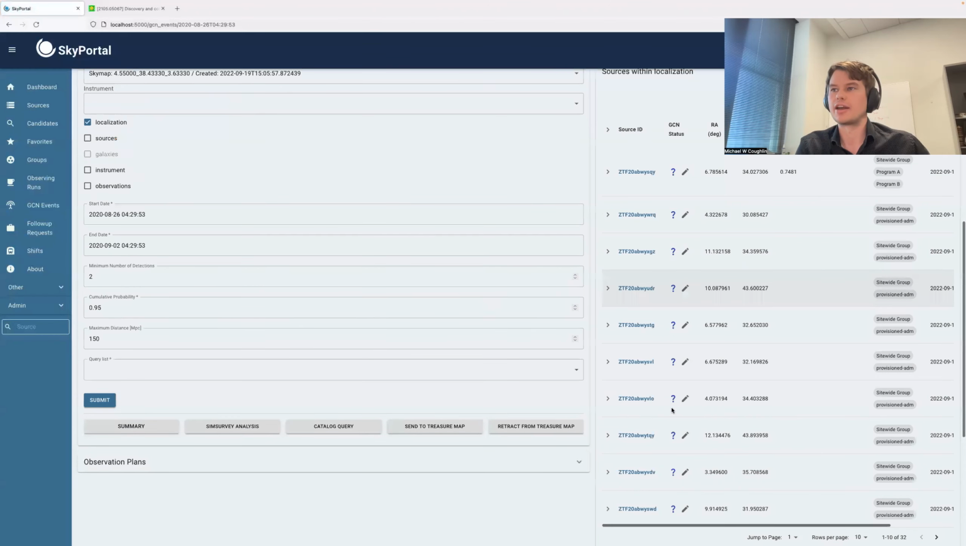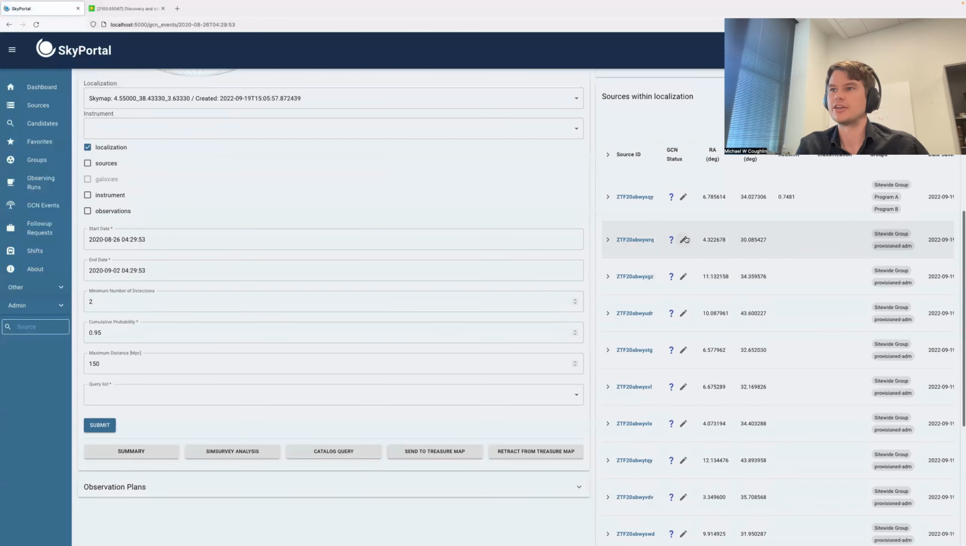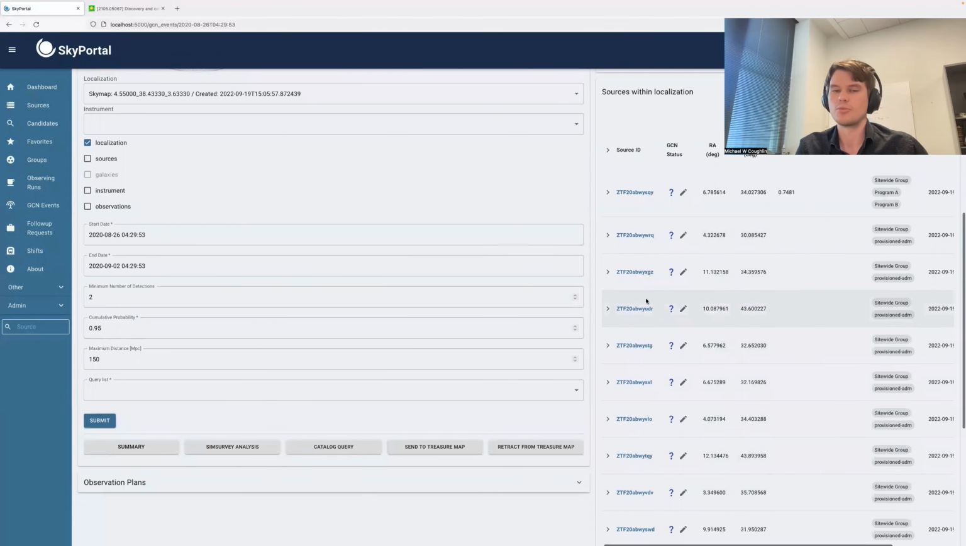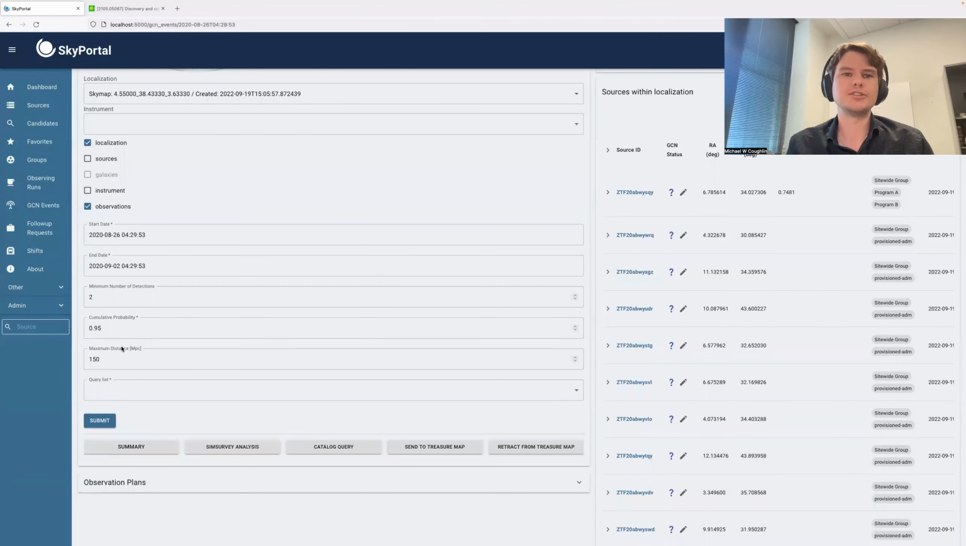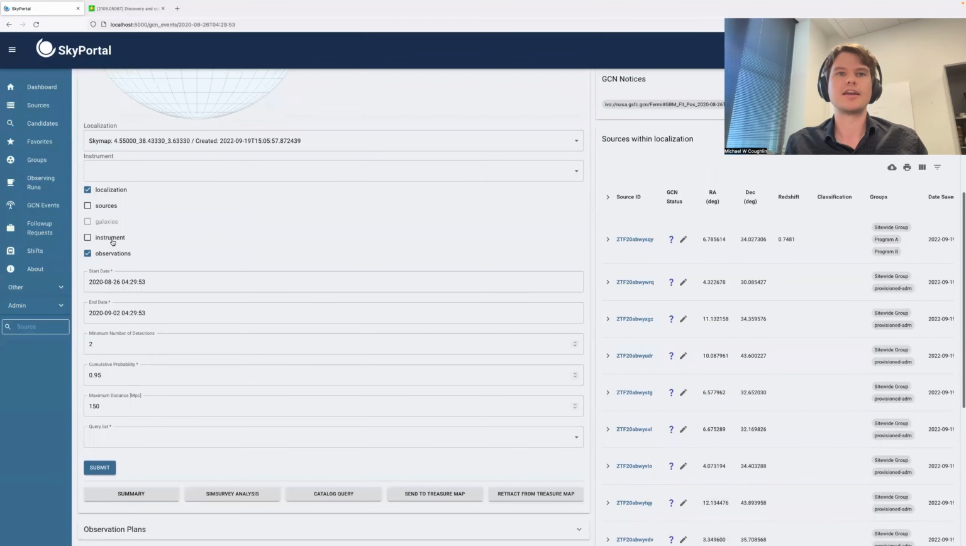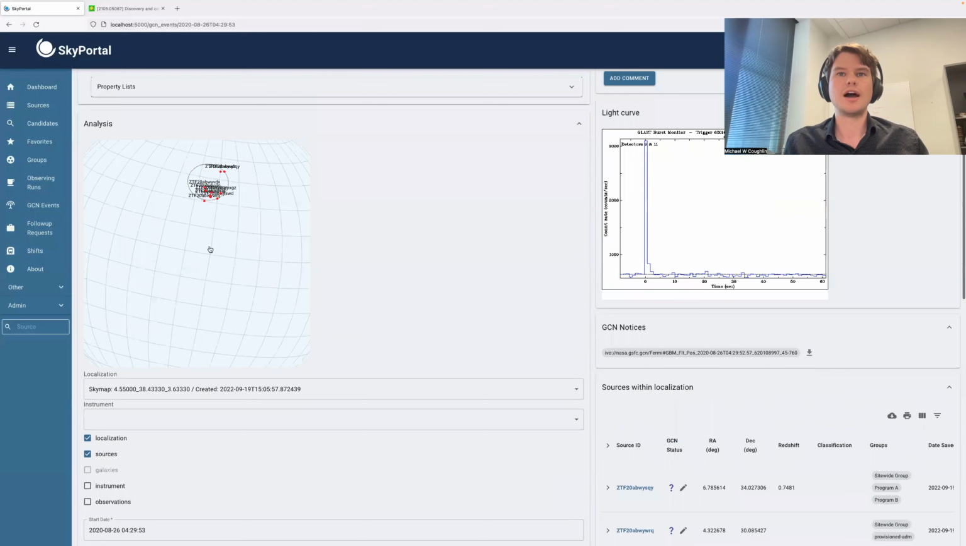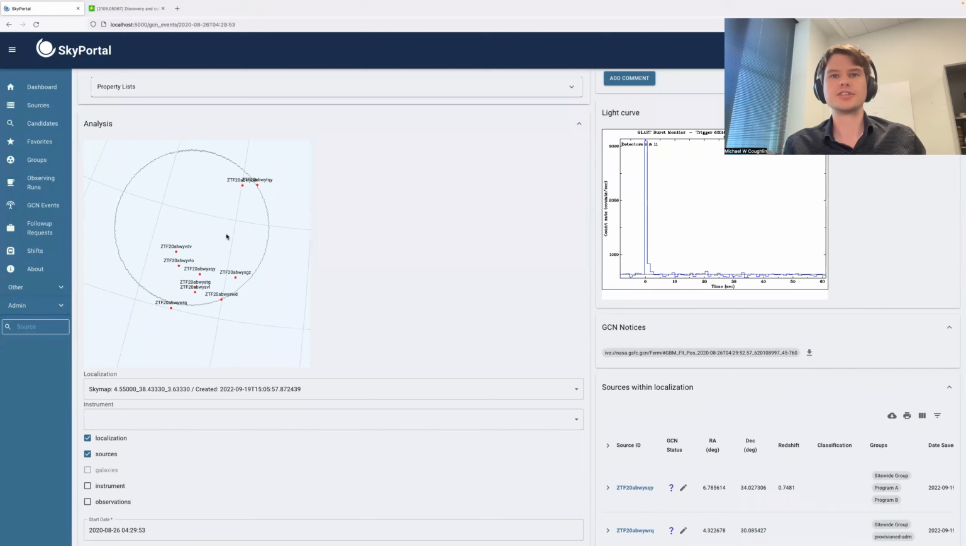And you can see on the right-hand side of the panel here that we now have a bunch of sources within our localization. And you have some options here. You can restrict the number of detections, so demand more detections than 2. You can change the cumulative probability, so restrict to within the 50 percentile or something like that. But if we go and take a look at the map, now we have the sources that we are interested in,